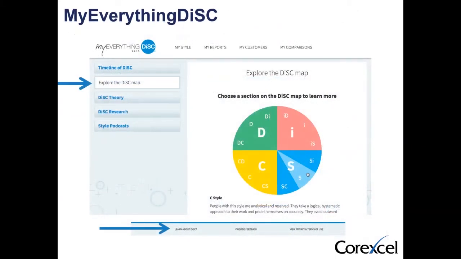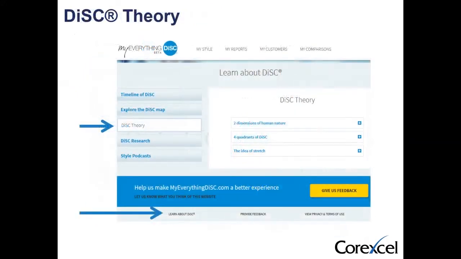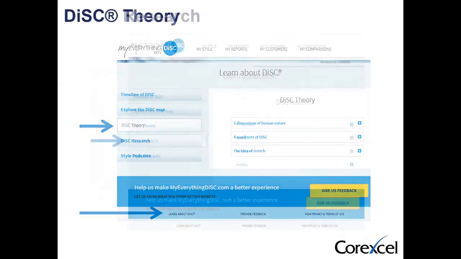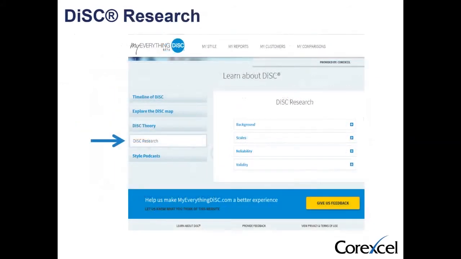You can explore the DISC map, which gives you lots of information about each style, DISC theory, two dimensions of human nature, the four quadrants of DISC, how to stretch, and DISC research. So for those who challenge and say, well, why is this valid? Where did this come from?